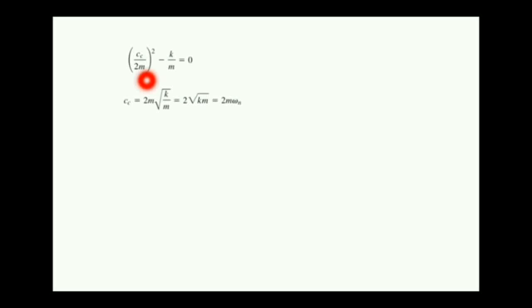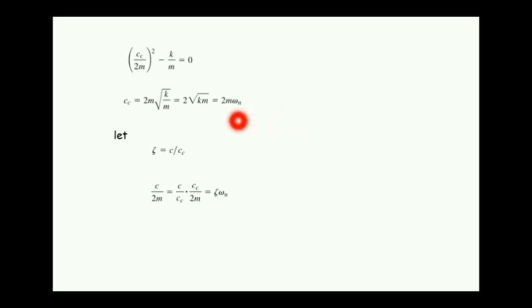What we have is cc, the critical damping coefficient, which we defined earlier. So cc is 2m under root k by m, and we know that under root k by m is nothing but the natural frequency, omega n. So this is written as 2m into omega n. So let the damping factor zeta be equal to c upon cc, which is the ratio of damping coefficient to the critical damping coefficient.